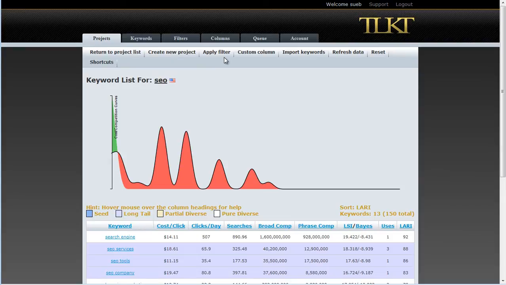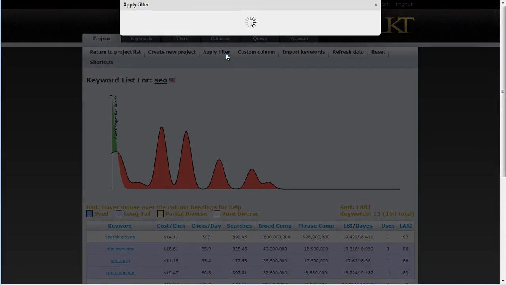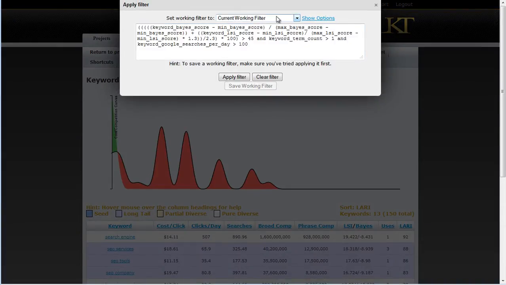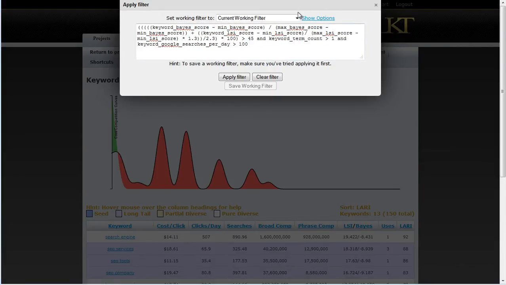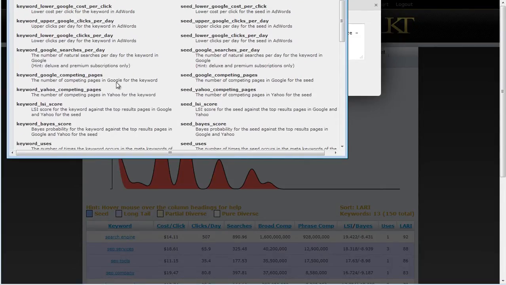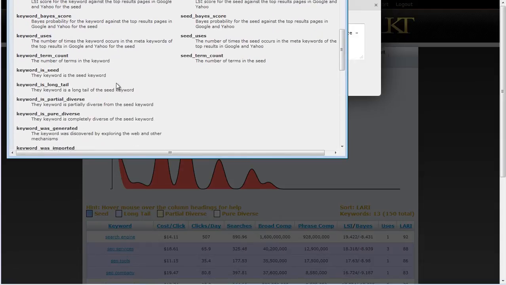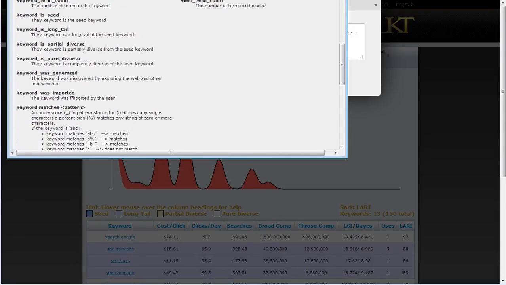So I want to change my filter for this. I want to make sure I keep that filter and give it to you guys, so I just saved that off. My filter now looks for keywords that were imported. So I'm going to come down here and find this, keyword was imported.